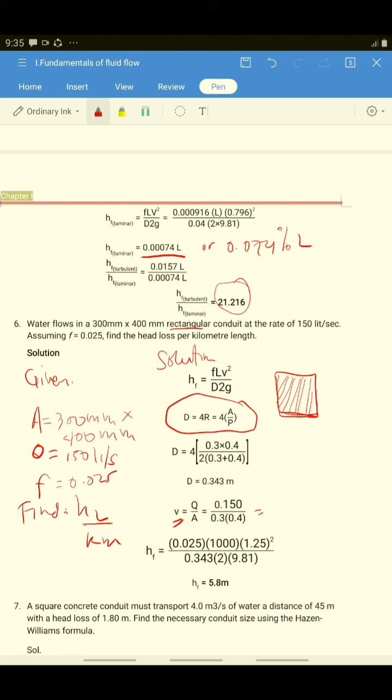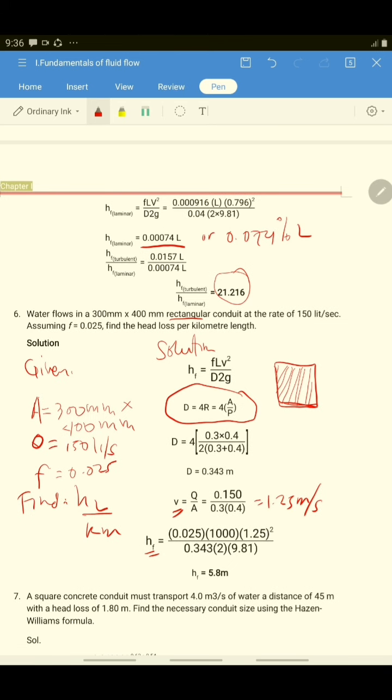So your velocity is equal to 1.25 meters per second. Substituting it to the formula, if your formula here is per kilometer, you don't have the length. So the answer is